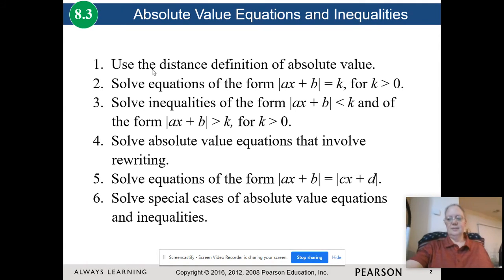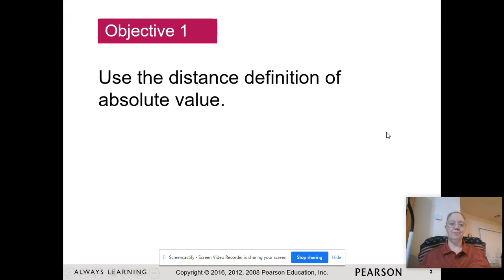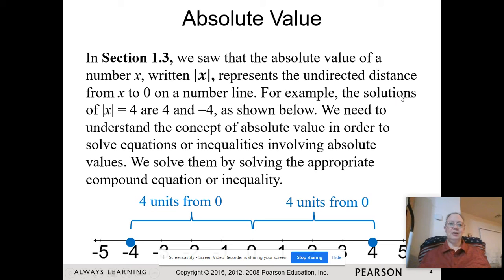All right, let's take a look at section 8.3, where we're going to be talking about absolute value equations and inequalities. First thing we want to mention is that when we say absolute value, what we're really talking about is the distance from zero. So let's say, for example, I say that the absolute value of a number is equal to